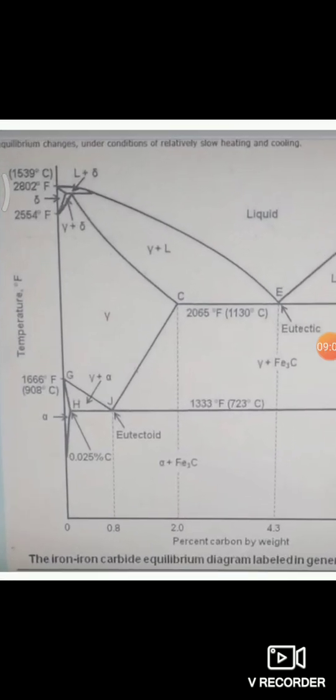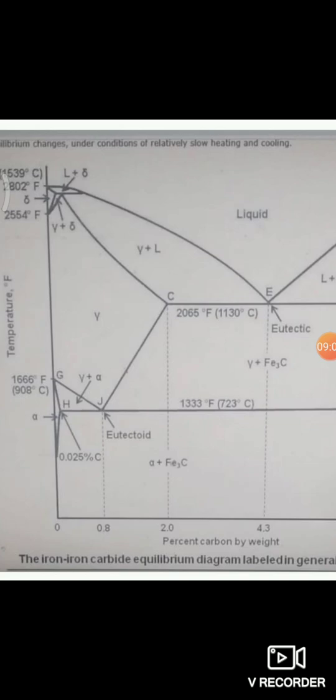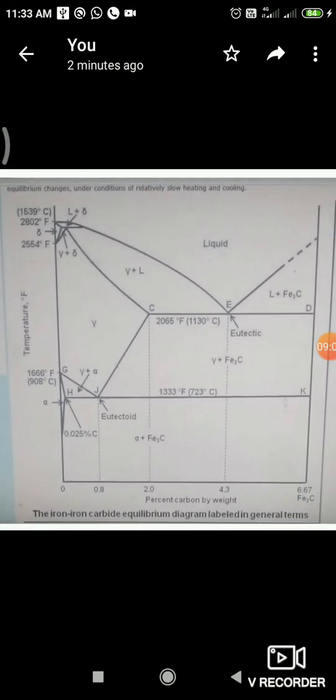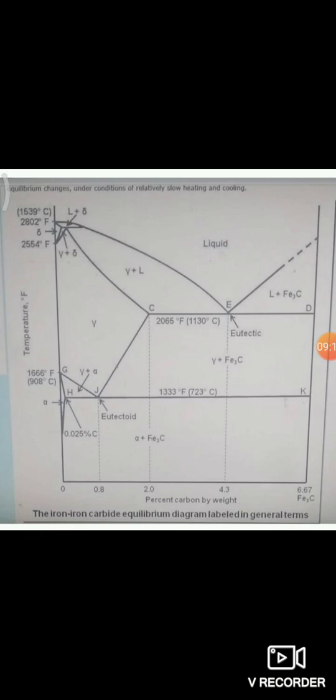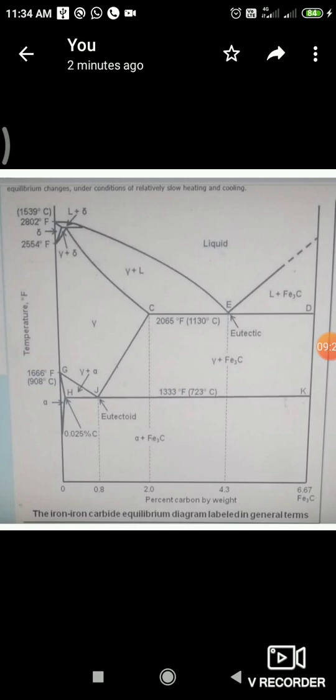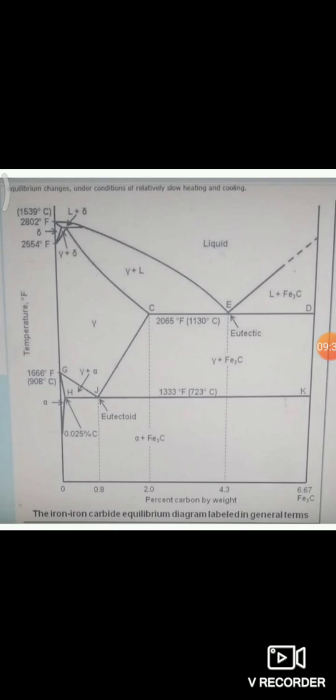So this is your iron carbon equilibrium diagram, which shows the different phases, different crystal structures at various temperature levels, and this is a very important part of your MEM, mechanical engineering material, as we are studying different materials, or we have to select the different materials for our different applications. So in this way we have to understand this iron carbon equilibrium diagram, or Fe3C cementite phase or iron carbide equilibrium diagram, which is very much important for your further studies of metallurgy, or MEM, mechanical engineering material.